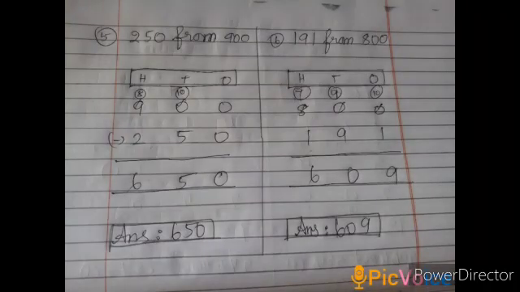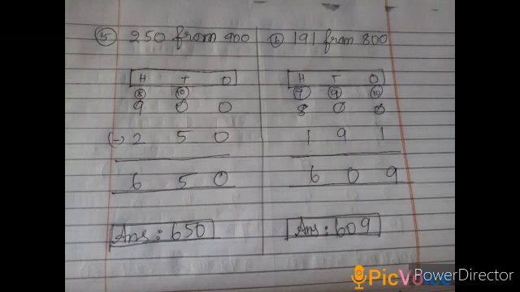Fifth sum, 250 from 900. Write the number according to the place value. Ones, tens, 100. 900 minus 250. Start with the subtraction from ones place. 0 minus 0, 0. 0 minus 5 not possible. Get the borrow from hundreds place. So the tens place becomes 10. 10 minus 5, 5. Next hundreds place 8 minus 2 it is 6. Next is sixth sum